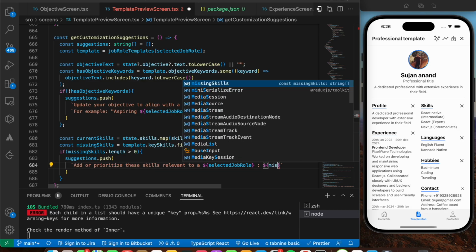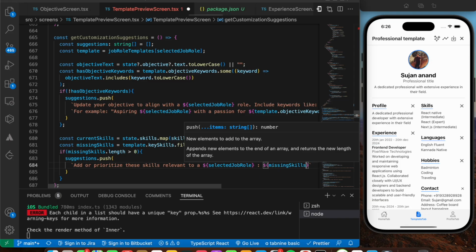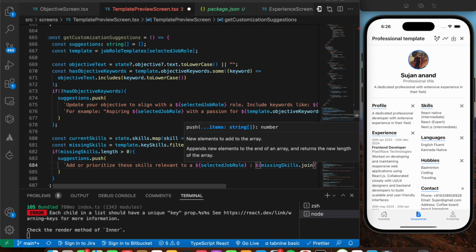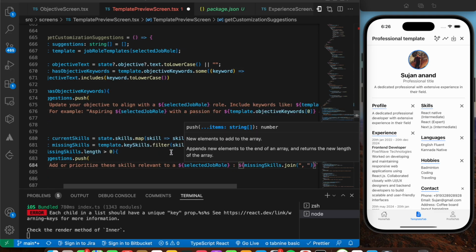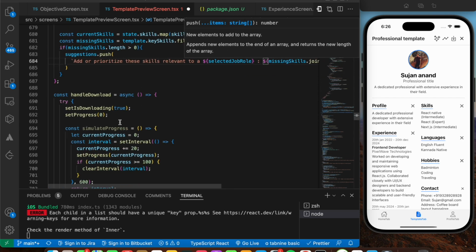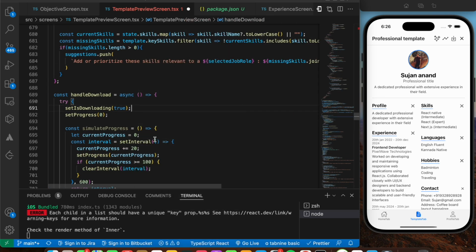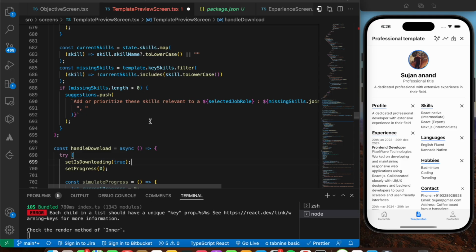Here we're going to say missingSkills.join with a comma. Okay, that's pretty much it. So we're going to write the else condition. Let's format once. That is, if the missing skills is not present,